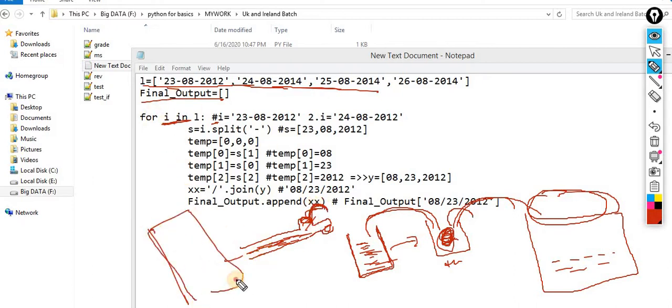Let's suppose there is some tank, just like a big tank, until this tank is not empty. So in the first iteration, in the first container, what you get, this one, your first container where you split the value and add it into the temporary container where you are mixing.